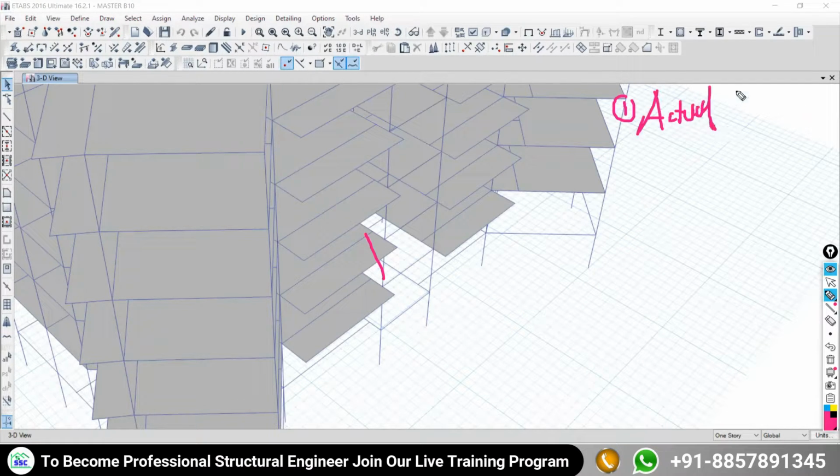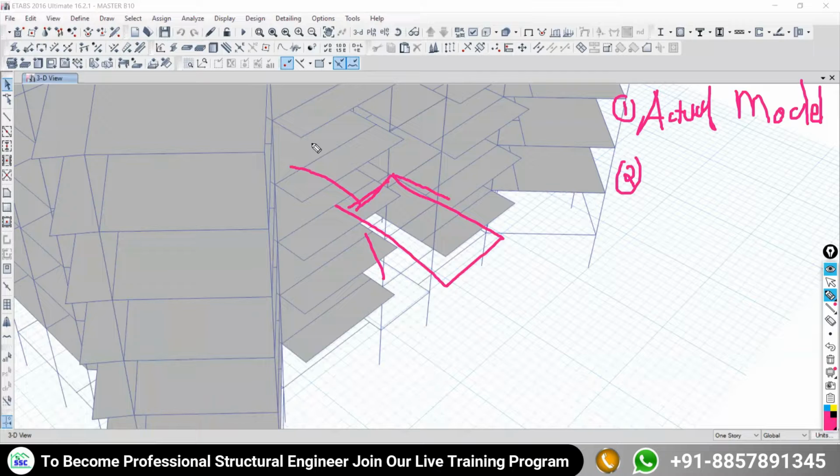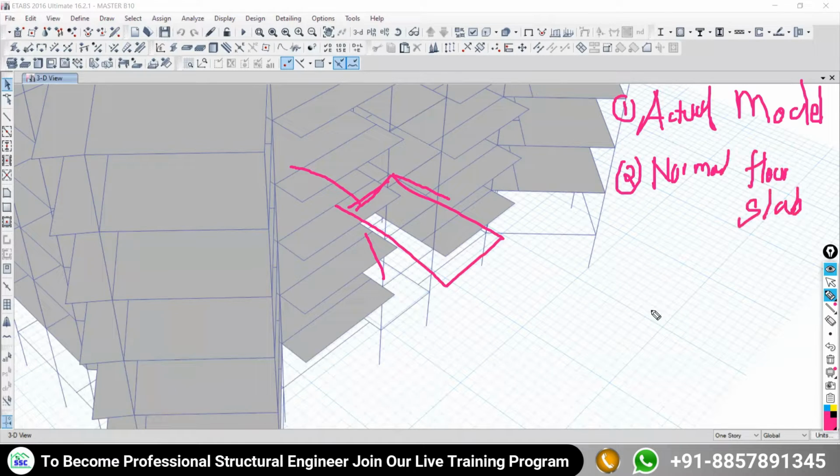Second, what? This is the approximation. Second approach is the approximation. Instead of modeling the staircase, what are they going to do? They are simply going to model the floor slab similar to the other floors, a normal floor slab. And in the third option, they are not going to model the staircase, they are not going to model the floor slab, they are going to do the calculation of the staircase